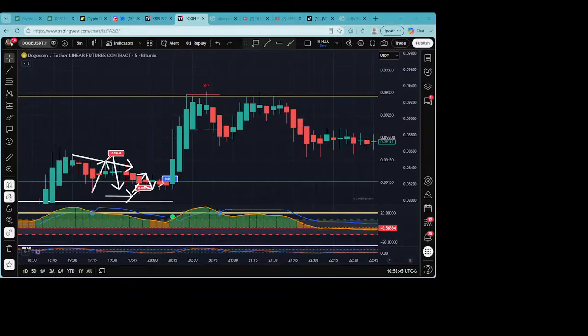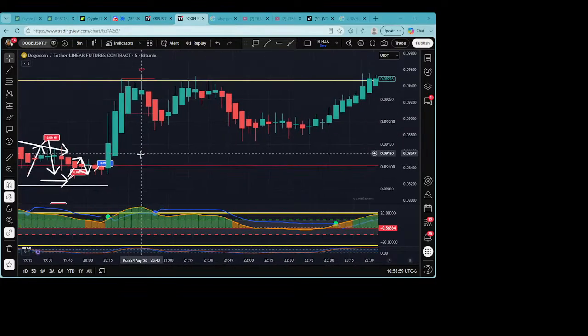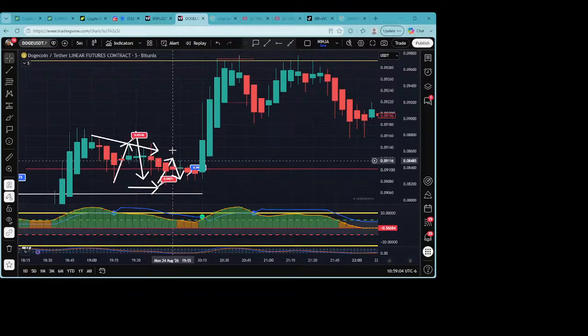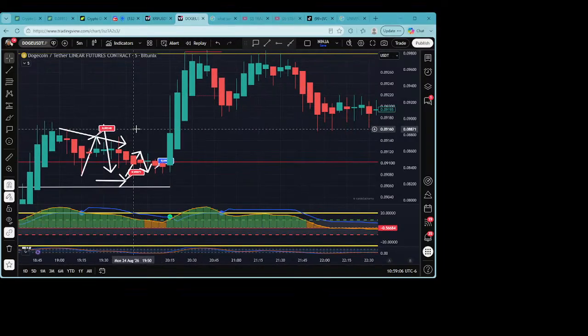All right. So we can see this pattern played out here, but it didn't do what it was supposed to do. And it ended up breaking up on us. But if you're doing this trade, my old eyes,